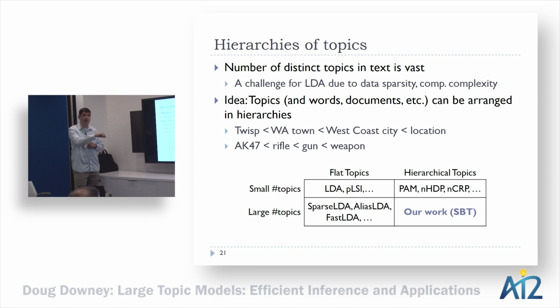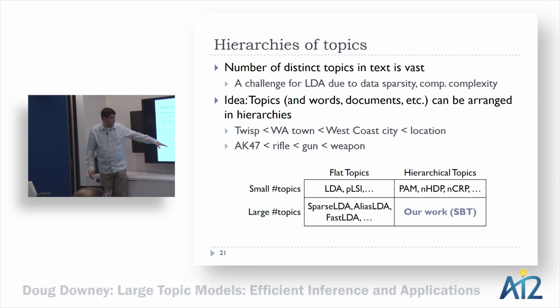sets of topics, but there's another problem, right? Even if you can scale computational complexity-wise, you run into this data sparsity problem, right? So if you have 1 million exchangeable independent topics and you're trying to estimate, for a word that occurs a few hundred times, whether it falls into one of those particular topics, that's actually incredibly hard. So your data is very, very sparse for rare words, short documents, rarely expressed topics. And so LDA tends to become less accurate. Even if you can scale computationally to large sets of topics, it becomes less accurate because of data sparsity.